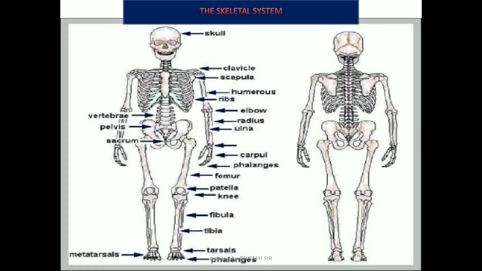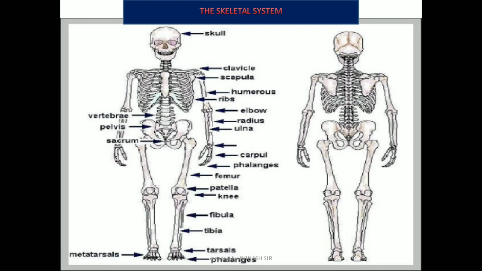The part joined to the sternum is called the sternal surface, and the part joined to the scapula is known as the acromial surface. Next is scapula. It is a broad and triangular shaped bone. It is situated in the upper part of the back. On the external angle of its upper part is a smooth egg shaped glenoid cavity. The bone of the upper arm, humerus, exactly fits into it.